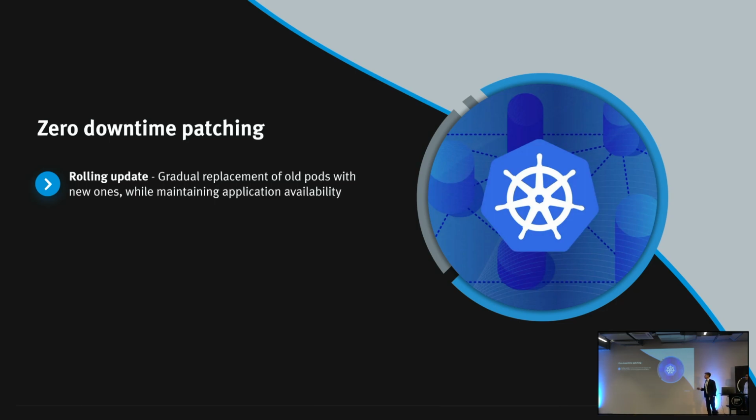So you have a rolling update within the cluster. That means that you have a gradual replacement of old pods with new ones while maintaining the application availability. So for example, you have a web application and there will be a new image deployed with a new version. Then you specify that in your deployment, a new pod will be scaled up. And as soon as this pod is running, the old one will be deprovisioned. And then you have zero downtime patching, and the end user doesn't recognize that there was any update in the background with any outage here.